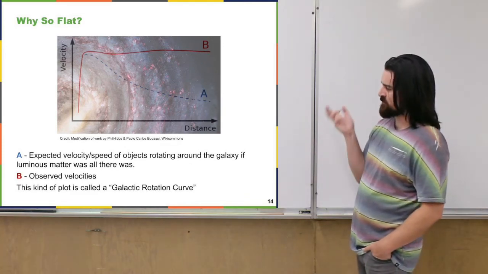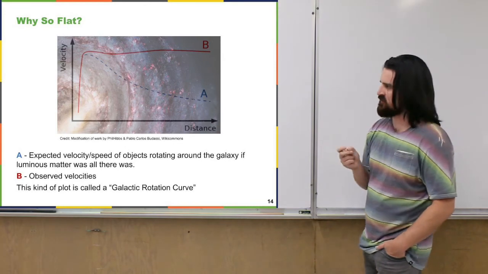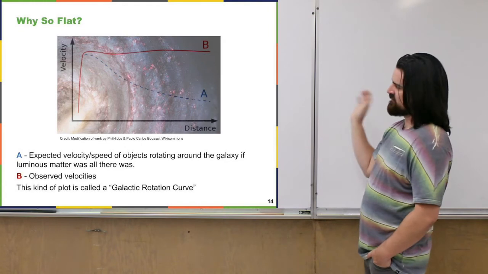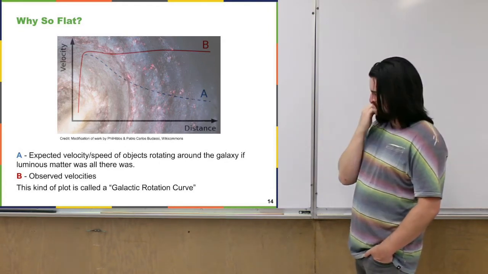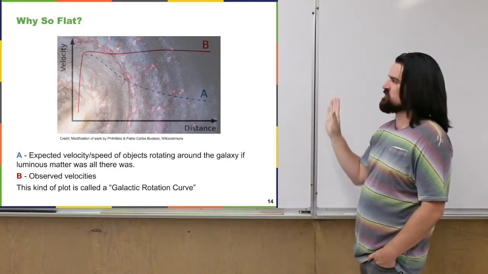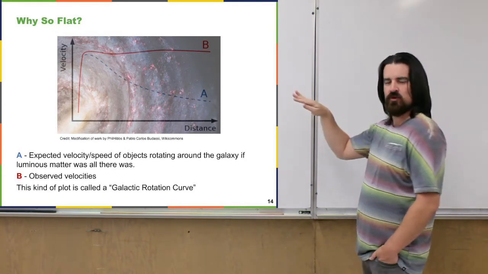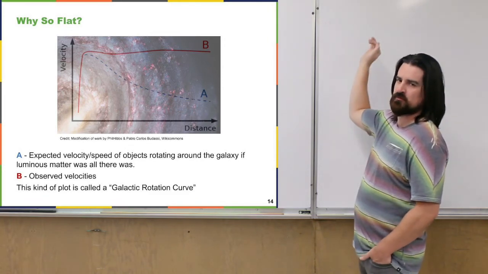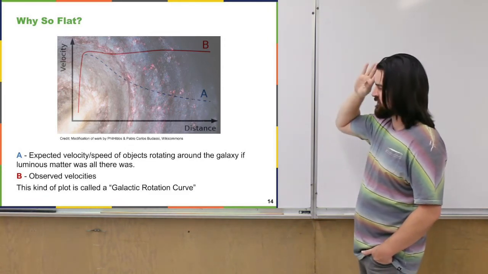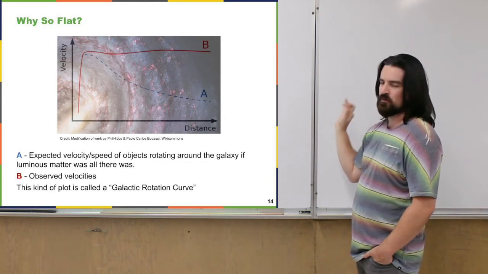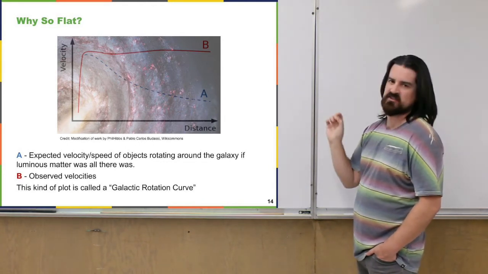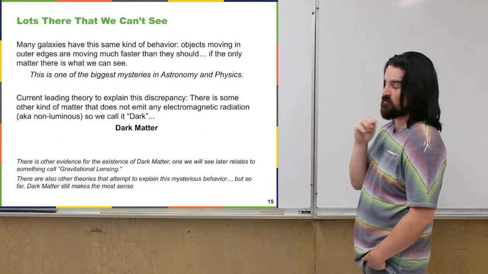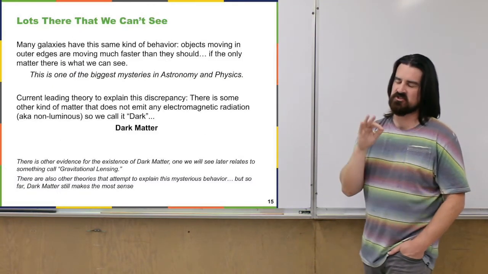So this is the kind of plot you would call a galactic rotation curve. You're looking at the rates that things are rotating around the galaxy and how that changes as you get further from the center. The basic idea is the same thing I've just been telling you: our prediction says that as you go further out, things should be moving much slower. What we observe is that as you go further out, things aren't moving much slower. Why is that? Well, that's why we say there's probably much more matter there than we can see, or that is luminous. There's quite a lot there that we think is there, but we don't see it.